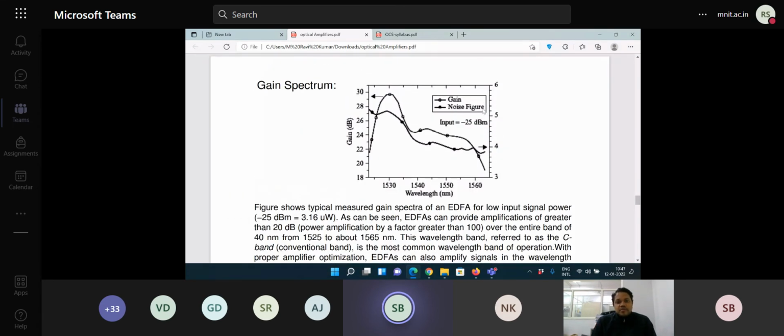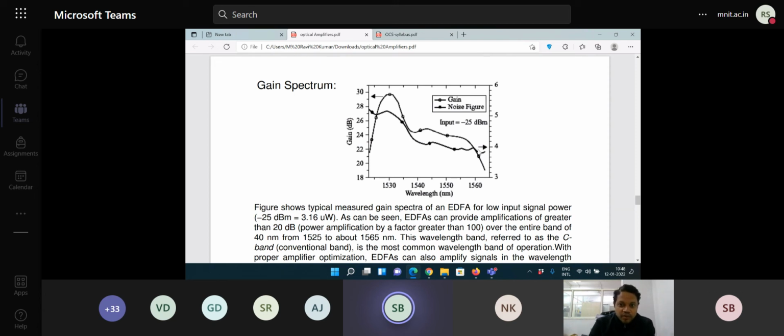So this is a typical spectrum of how the EDFA would amplify the input signal. This is the gain along the y-axis and the wavelength along the x-axis. You can see here that at about 1530 nanometers, the gain is maximum, of the order of nearly 30 dB. And as you go to higher wavelengths and also at lower wavelengths, the gain is falling. Okay, so this is not exactly a very desirable gain spectrum,